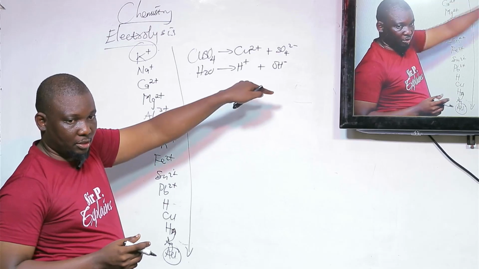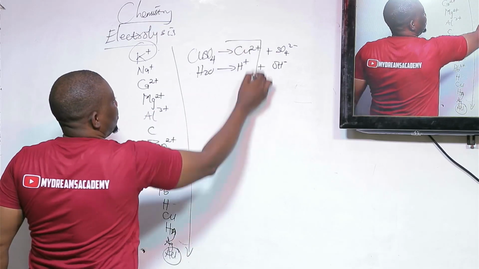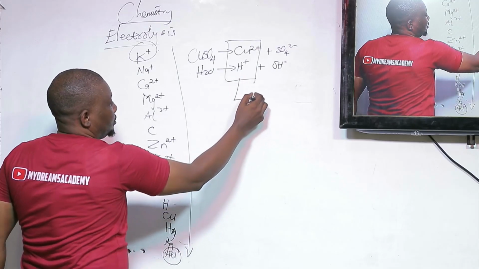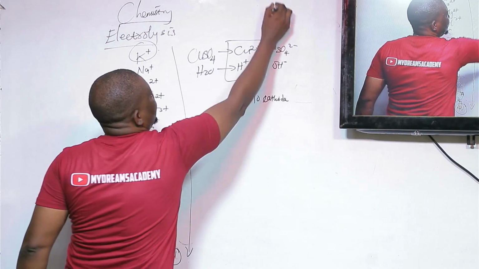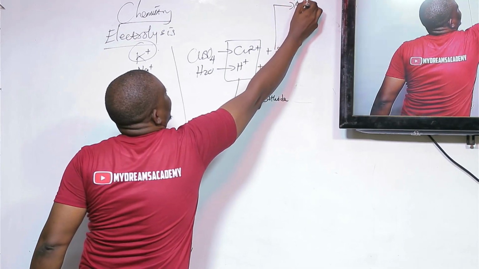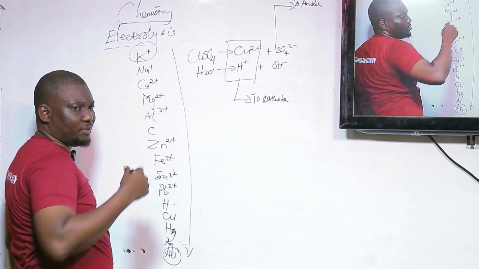2 will go to a particular electrode. Which one goes to the cathode? This goes to the cathode. That means to what? Cathode. And this goes to what? To what? Anode. But when these 2 are going to the cathode, 2 of them cannot go at the same